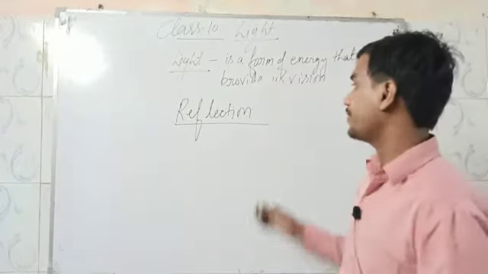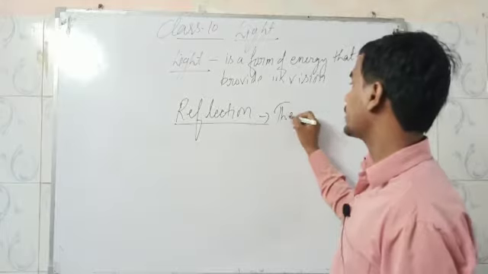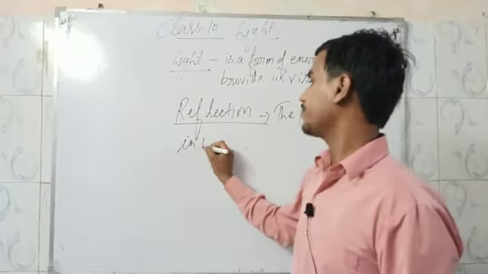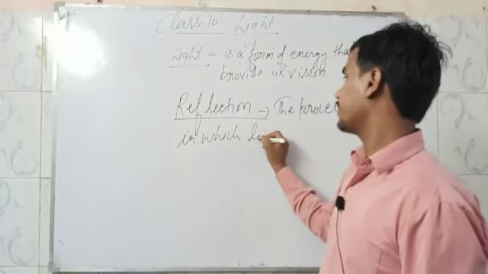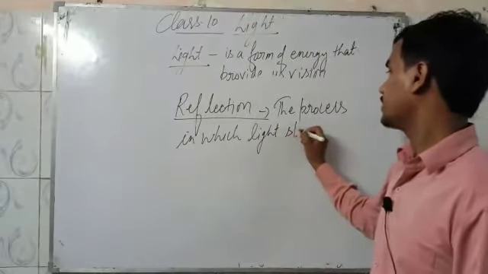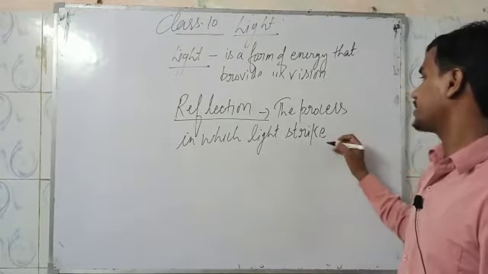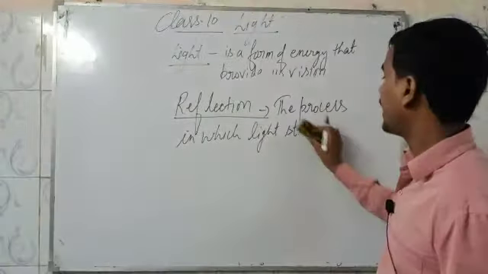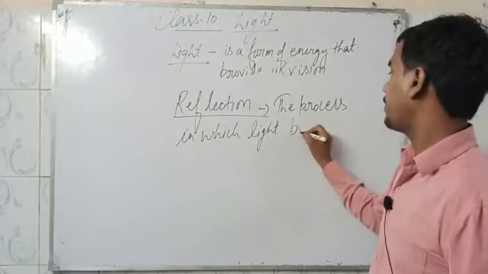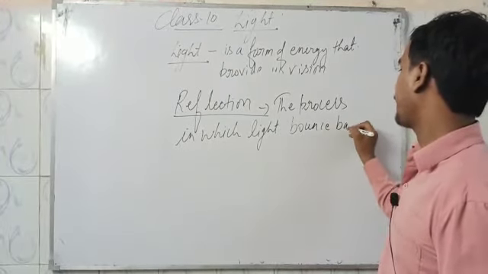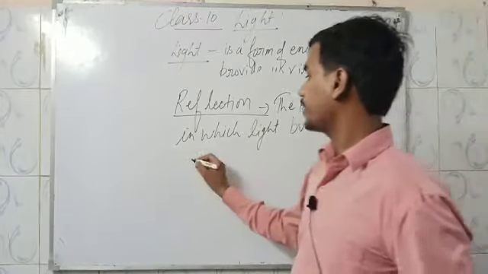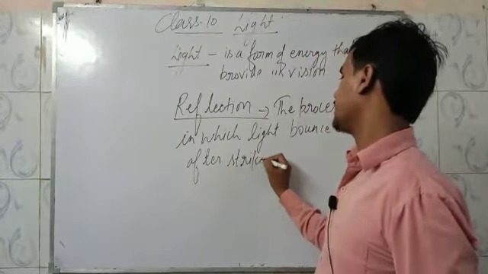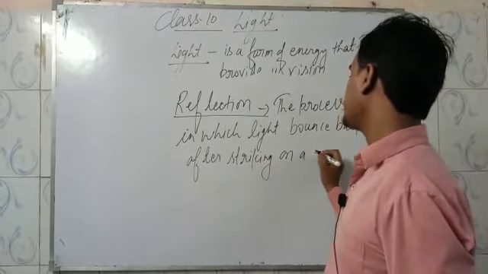So we can say that reflection is the process in which light strikes, or we can say light bounces back after striking on a